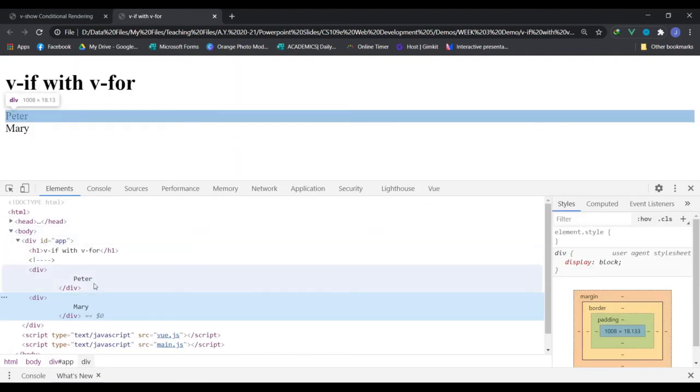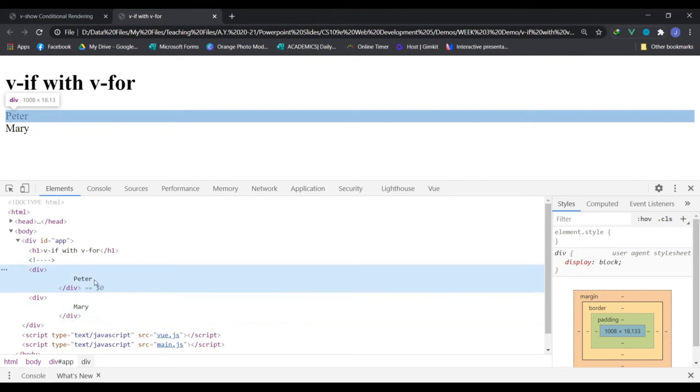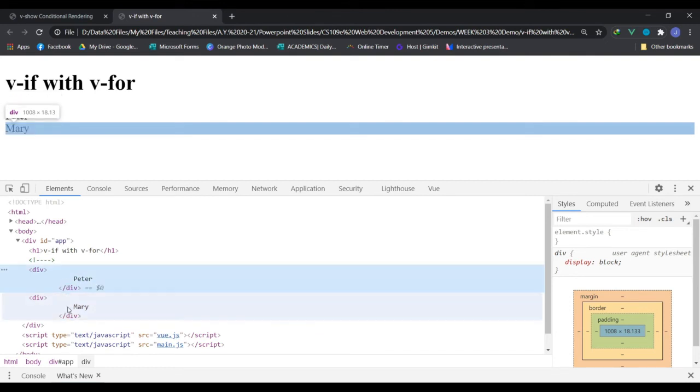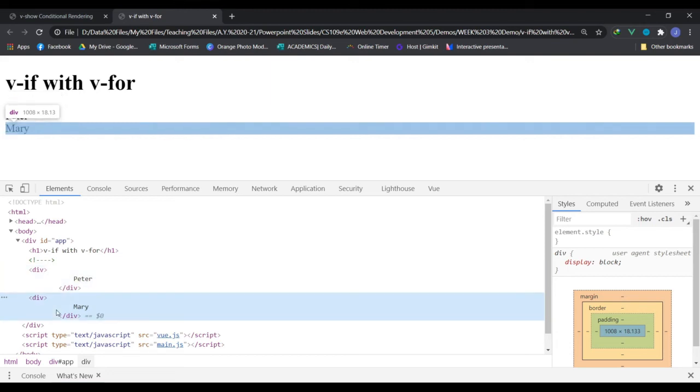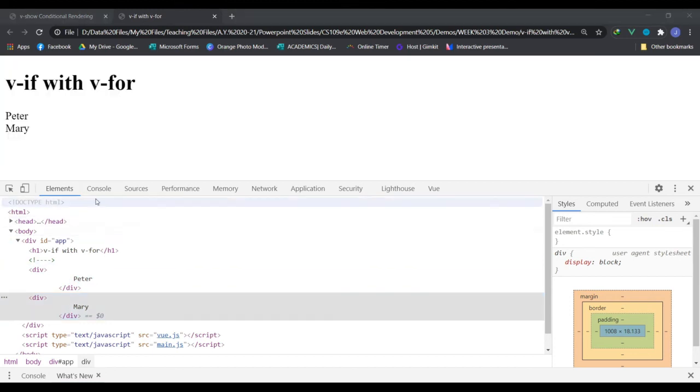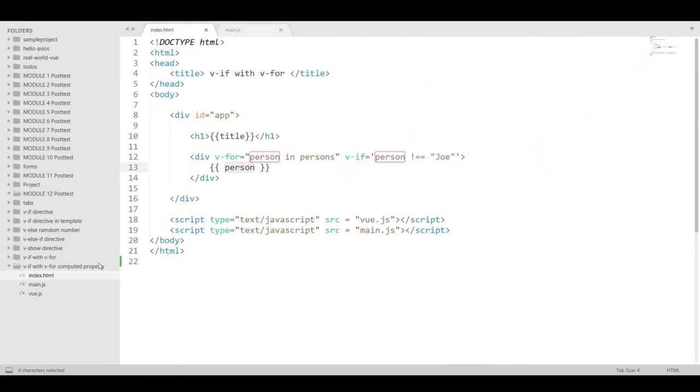Okay, yeah, this Peter and Mary are the ones who are rendered inside each div. So if we use v-for, it creates a div for each and every person not equivalent to Joe. Okay, so again, that is the output because in our code, just like what I told earlier,